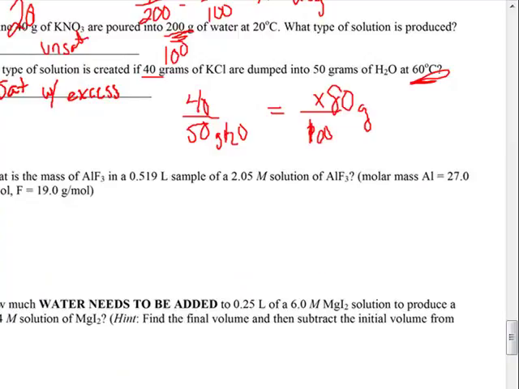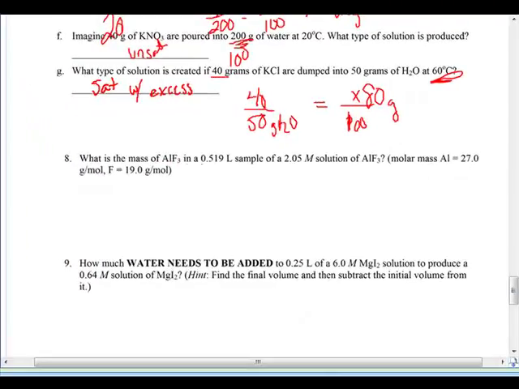Number 8, some more math here. It says, what's the mass? We've got volume, we've got the big M, which means molarity, and then I've given you the molar mass of aluminum and fluorine, so you don't have to go looking around for a periodic table. So we're looking for the mass, but yet we're going to deal with the molarity formula first, and the molarity formula deals with moles over liters. So molarity is